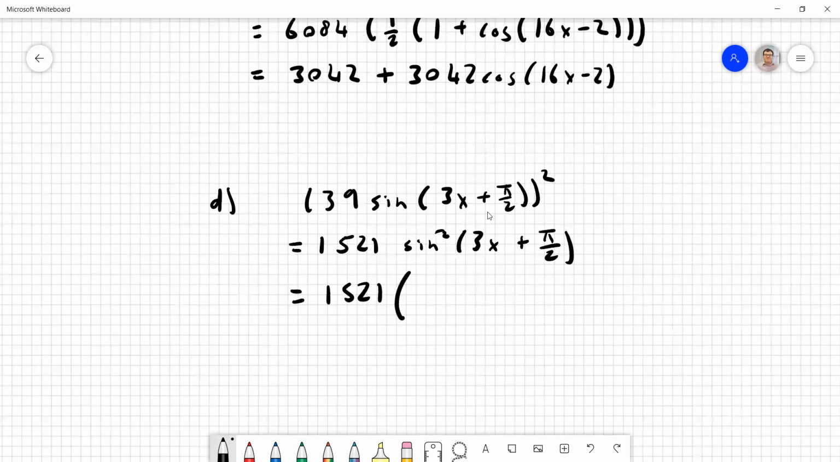Open up a bracket, and then that can be replaced with a half times another bracket, 1 minus cos, and then it's double what's in the bracket above. So we're going to have 3x becoming 6x and pi over 2 becoming pi. Then multiplying all of that out, we're going to get